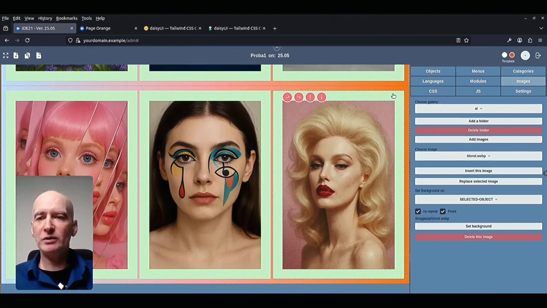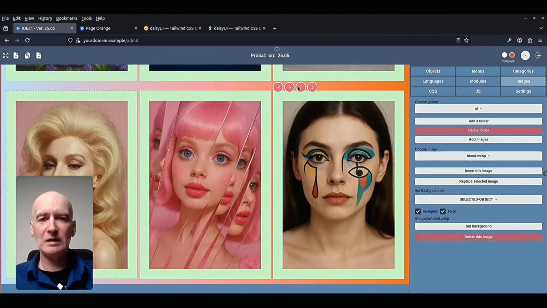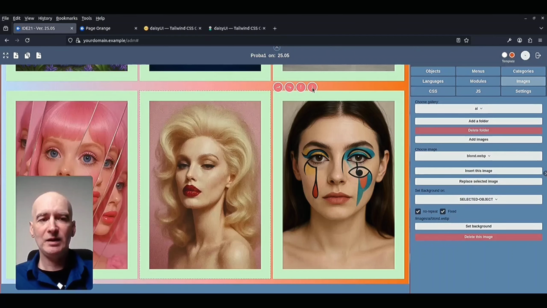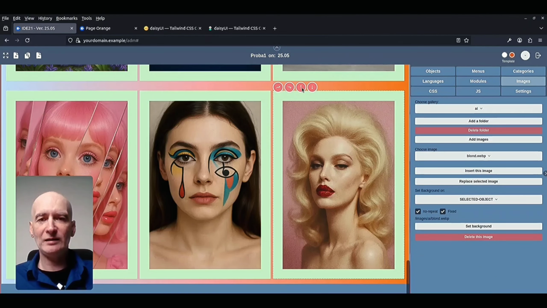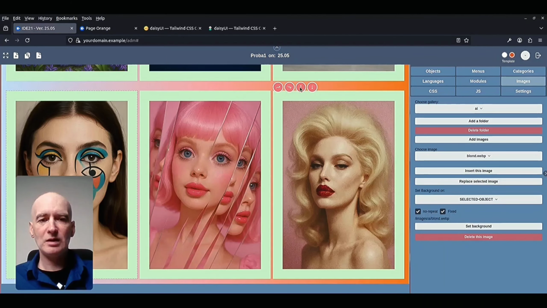Now if you do not want this order, you can change it. So you can have blonde first, or you can have the Barbie first, or you can have the brunette, whichever suits you best.